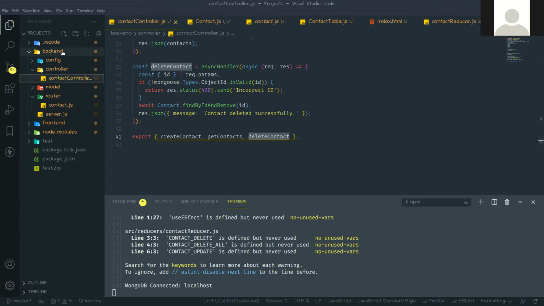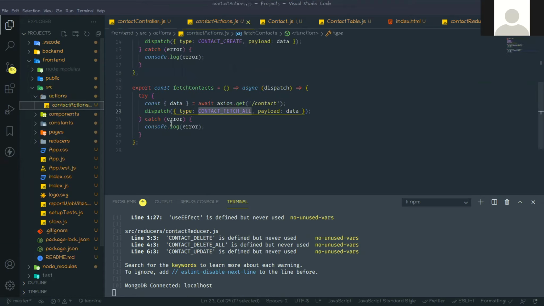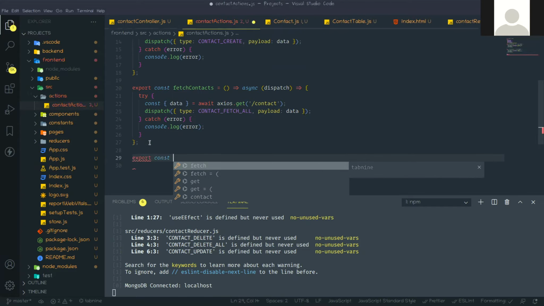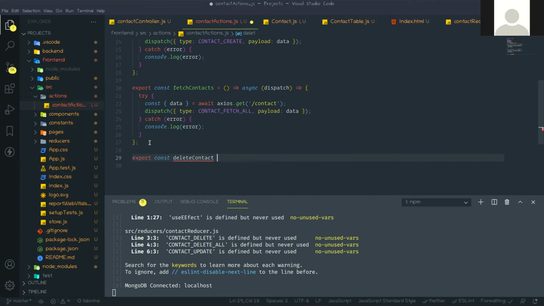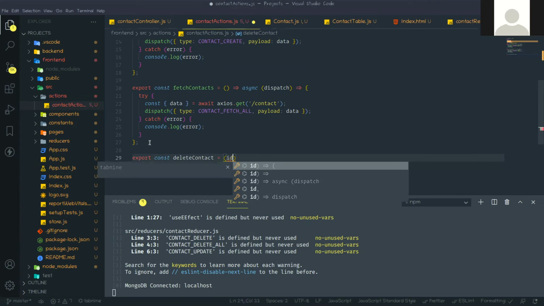Now go to that front end part. In this front end you need to create one action, that is contact actions, right? Create export const, like you can say delete contact. It will take one argument, that is ID.